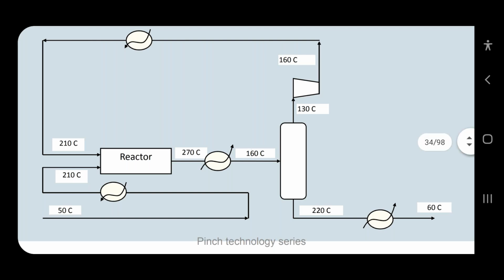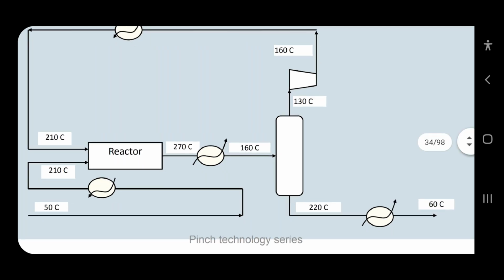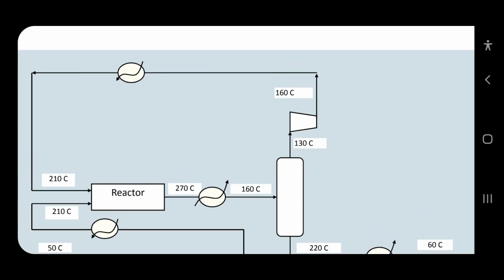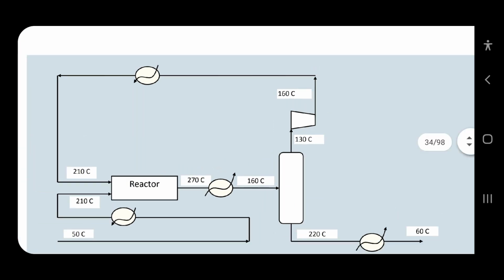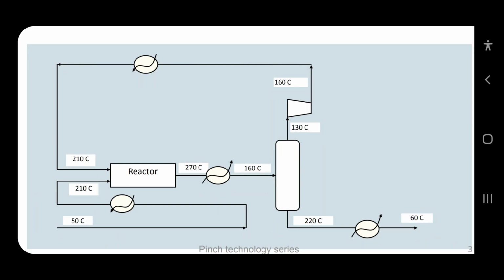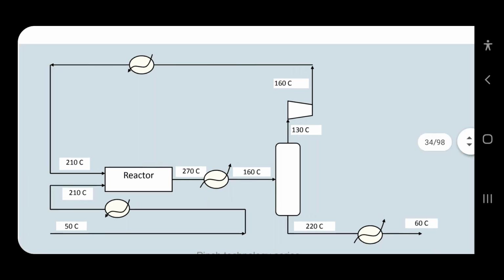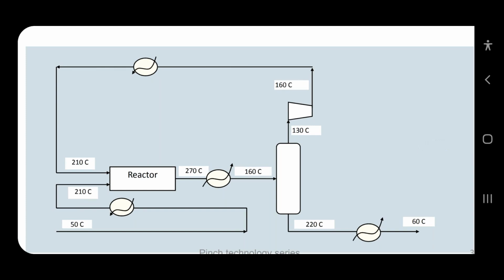Again there is one condenser over there after the reboiler, because 220 degrees Celsius is the reboiler outlet composition, and now I want to reach around 60 degrees Celsius. At the top, have a look, 130 degrees Celsius is there. This is the unreacted feed, so I want to pass it again to the reactor. Here they use a compressor, in terms of gases. They compress these gases and pass them on. At 160 degrees Celsius, it passes again to the reactor by use of one heat exchanger.